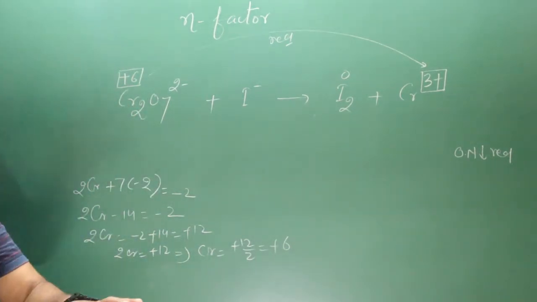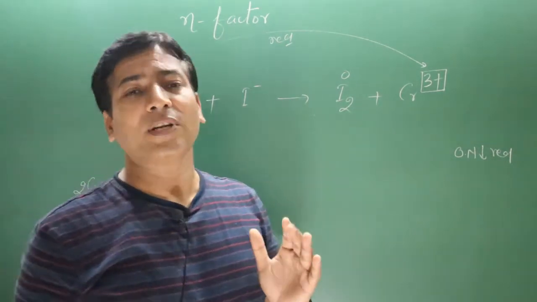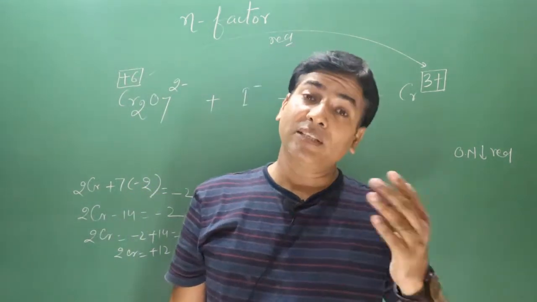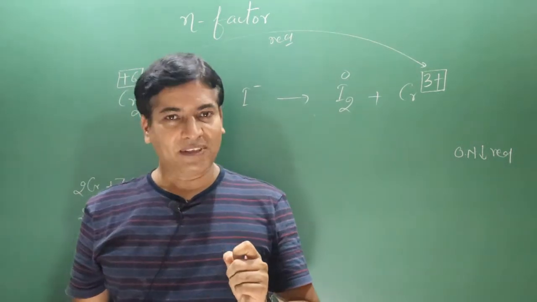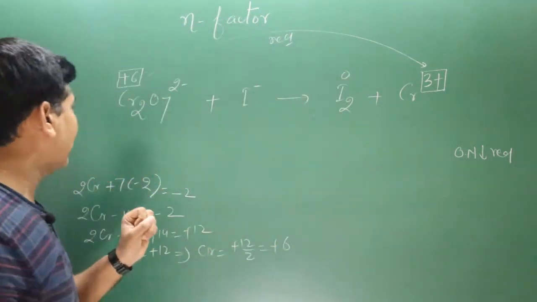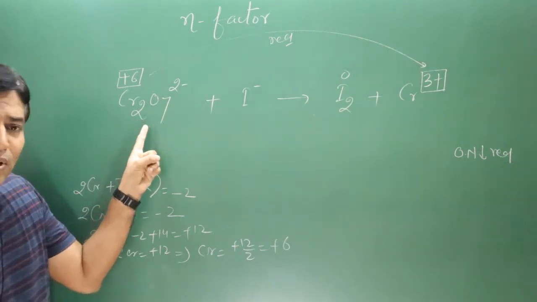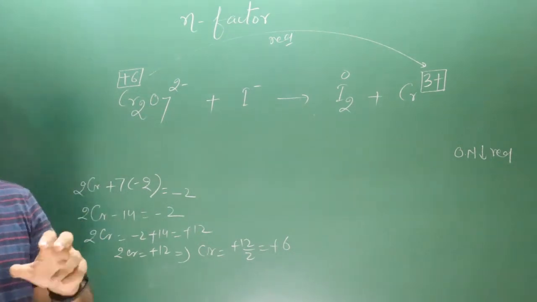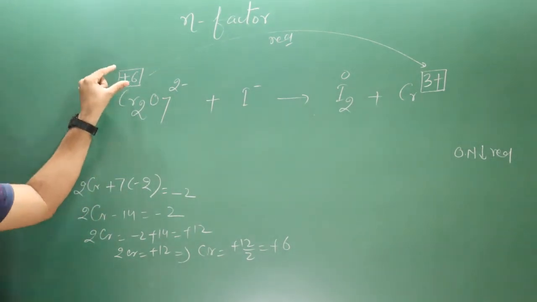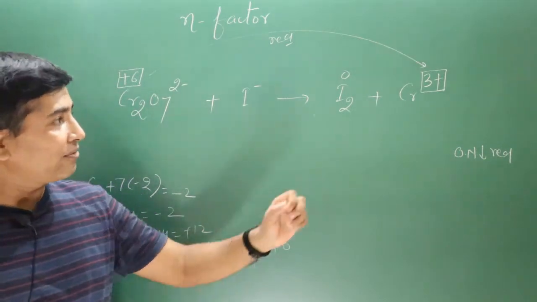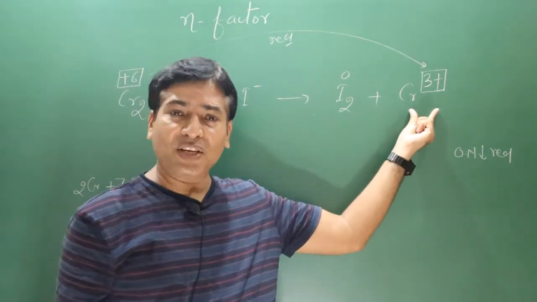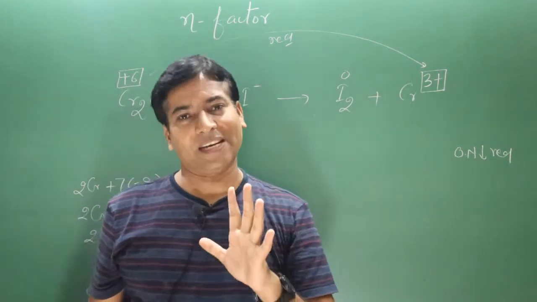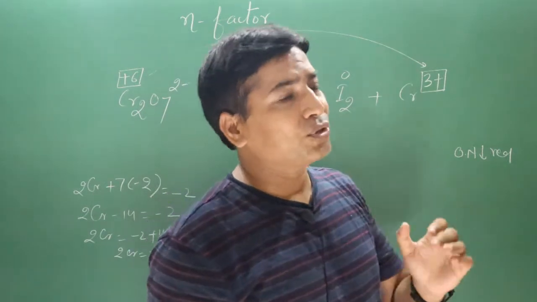Now we find the difference in oxidation number, and keep in mind very important information. Whenever we calculate the difference in oxidation number, always balance the number of atoms. We are going to calculate the n factor value for this substance. In this case, you can see how many Cr are present. There are 2 chromium present. Then for 2 chromium, we are going to calculate the n factor value. If I calculate the n factor value for this Cr3+, then I will calculate it only for 1 Cr, because on the other side we have only 1 Cr. So it is very important, you should keep it in mind.